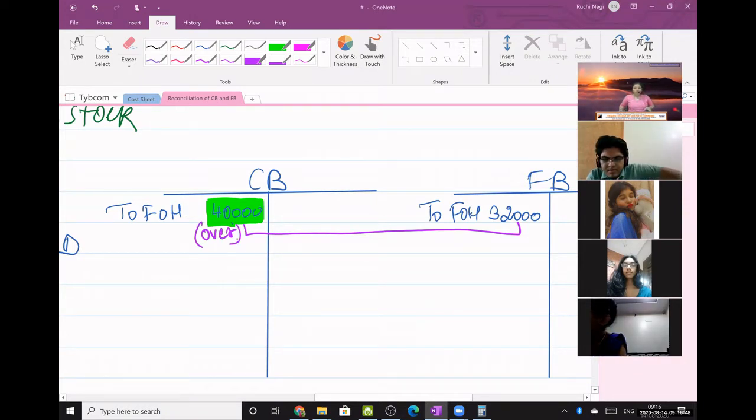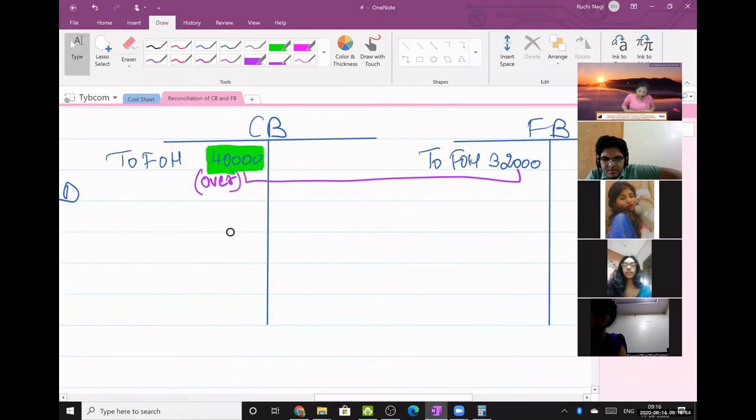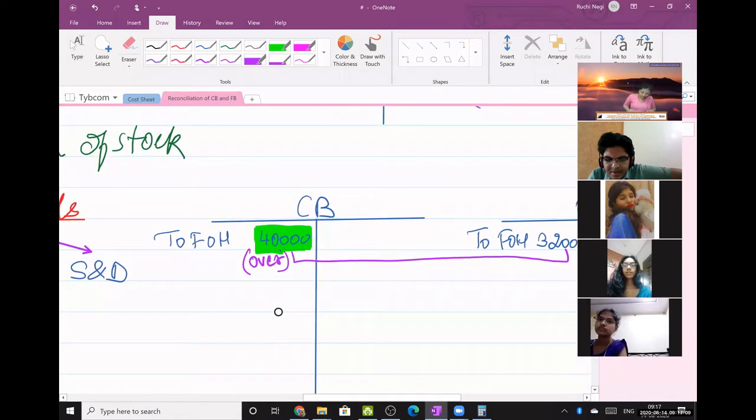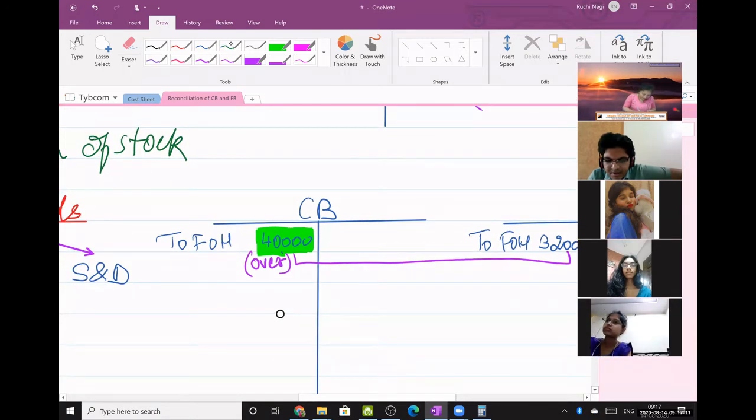Okay. So what do you have to compare? You have to compare it with the cost sheet. Cost books will be your base. ठीक है? So ये 40, ये 32. तो कितने से over recovery हुआ है? 8,000 से. Okay. So the word recovery you will not use for stock. Stock के लिए you use the word valuation. Recovery word is used for expenses, overheads के लिए. Okay. Very good.